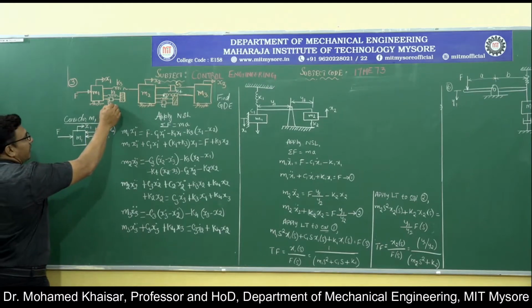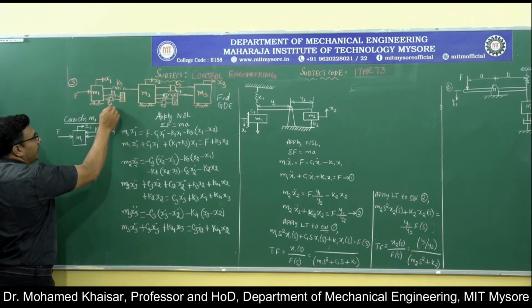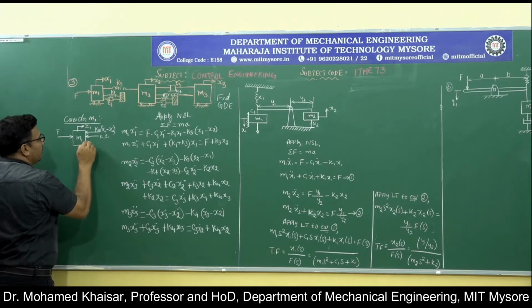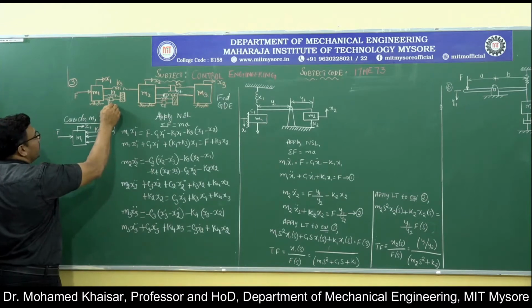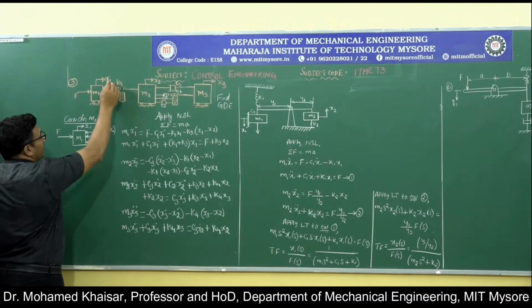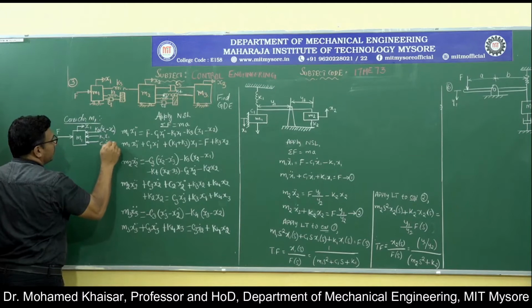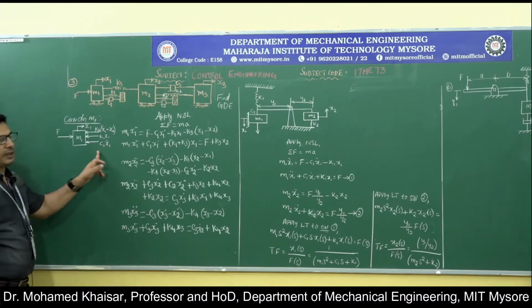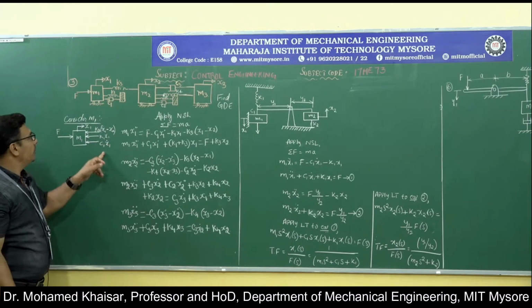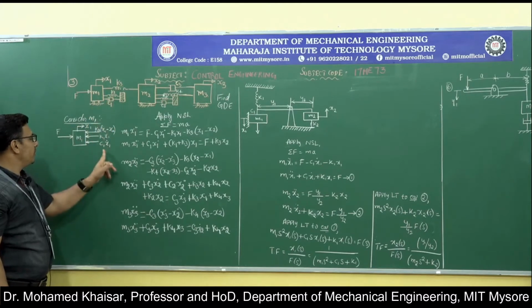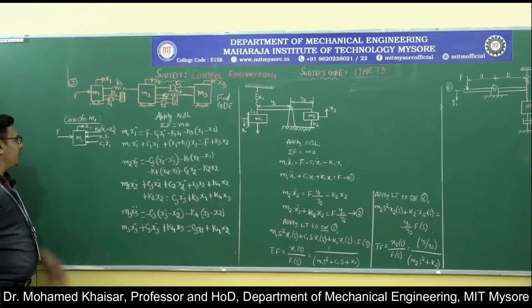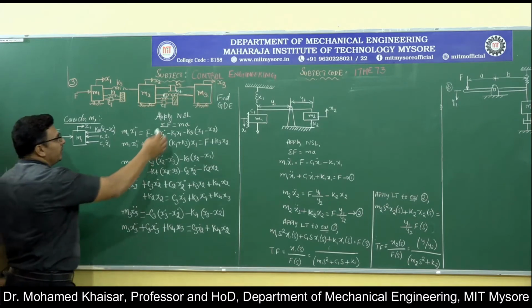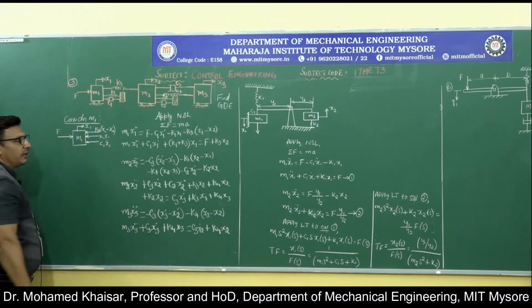Then there is a damper which is again connected to only m1. So, it is going to offer the velocity component of resisting force, that is C1 into x1 dot. Now, even this damper is connected to only mass m1. So, the entire force of C1 into x1 dot will be acting in the direction opposite to that of the displacement. Once we do this, then we apply Newton's second law onto this free body diagram.